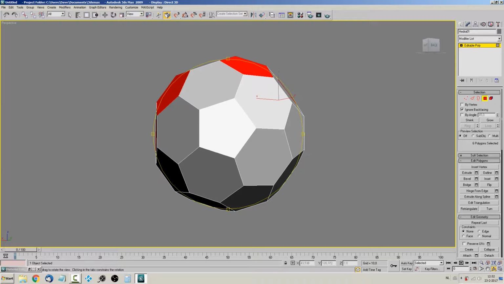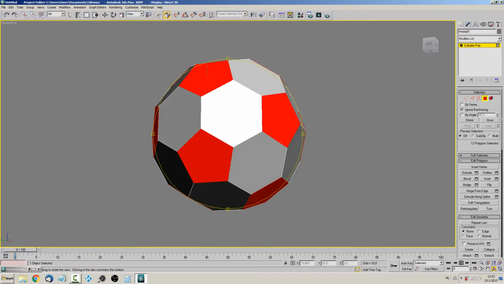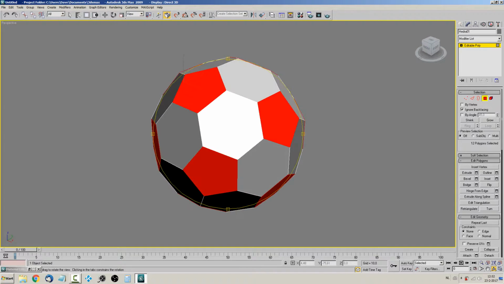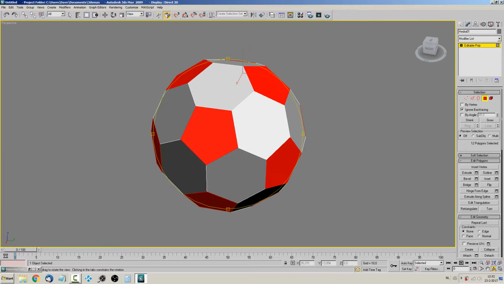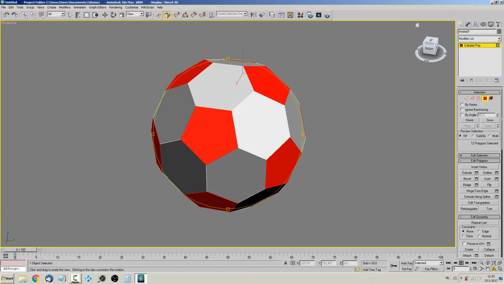So with ignore backfacing and of course Control pressed, you will not have that problem. So that's a top tip for you. If you have to select both sides of an object, just be sure to tick the ignore backfacing option. Now let's give that our black material,